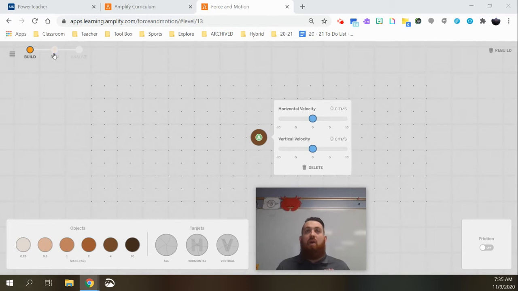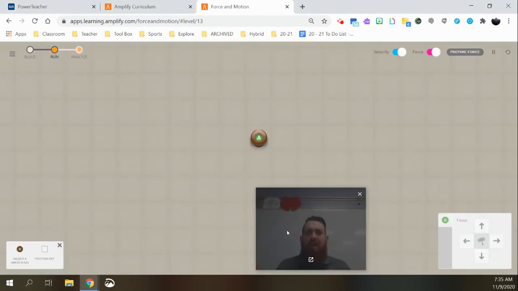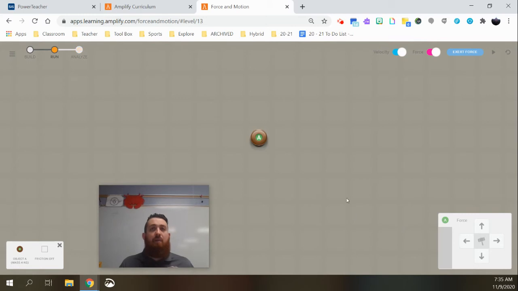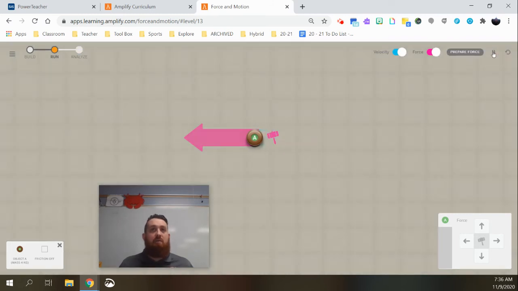I might hit the run button here, and then I might play it to make sure it doesn't have a velocity. I might then hit prepare force, and now I'm going to apply a force to it, okay, in a specific direction. I can choose whatever direction I want. I can choose the size of the force, so I want it to be a strong force, a weak force, nonetheless. Then I'm going to hit play, and I'm going to make sure that what I just made in the simulator is the same